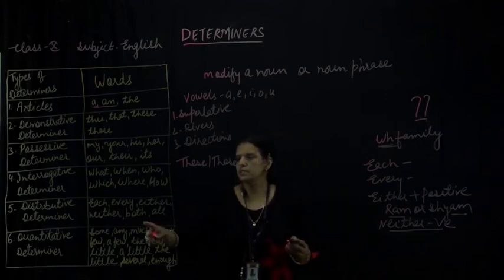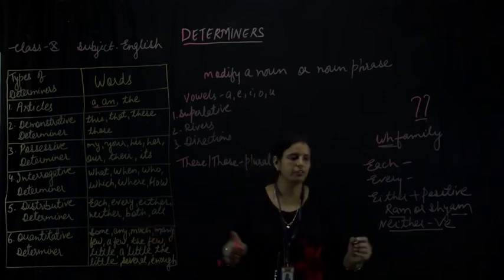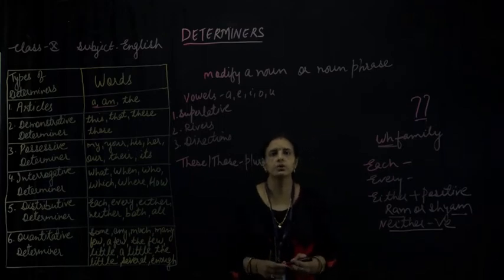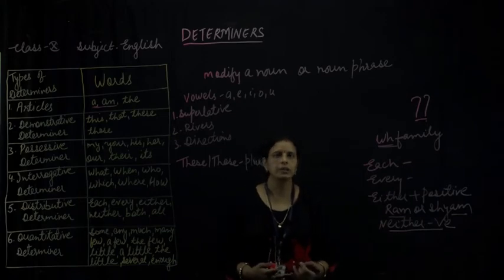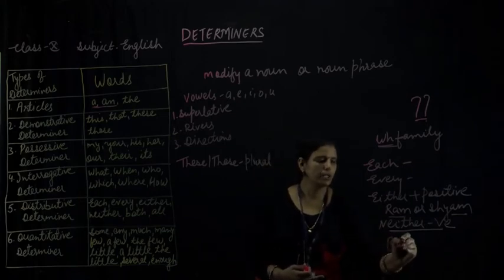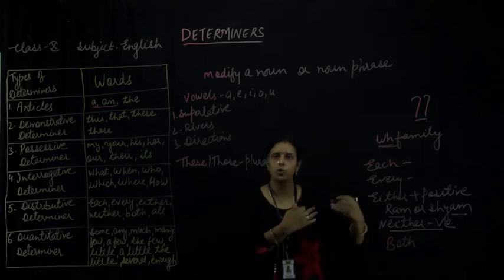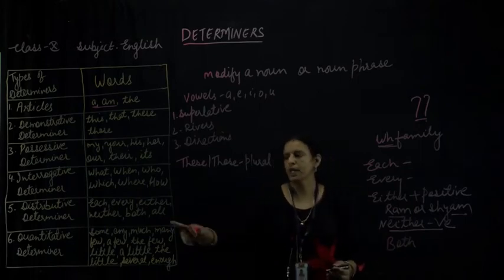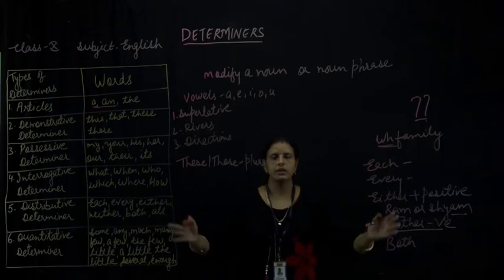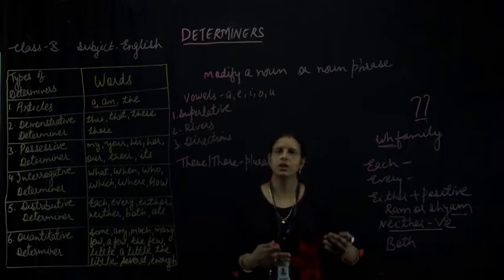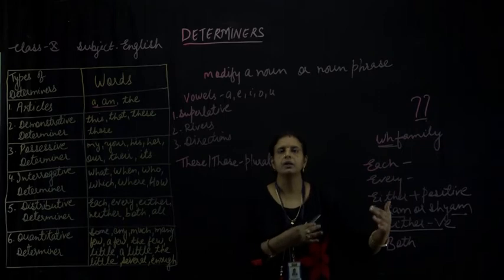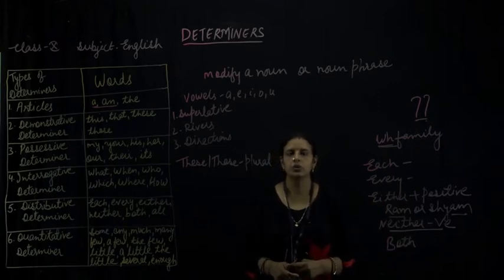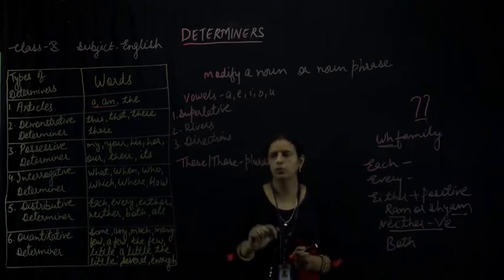Okay, then next is both and all. Where will we make use of both? Both again shows the plural, means both Sita and Geeta are going for the picnic. It shows the plural noun, है ना? When the noun is plural in form, means more than one, we'll make use of both. Again, all, you know very well, all is used again for a large number, means when the noun is plural in form, we'll make use of all. All the students of class 10th are present today. All the people went to see the movie. Okay, so all is used for the plural noun.